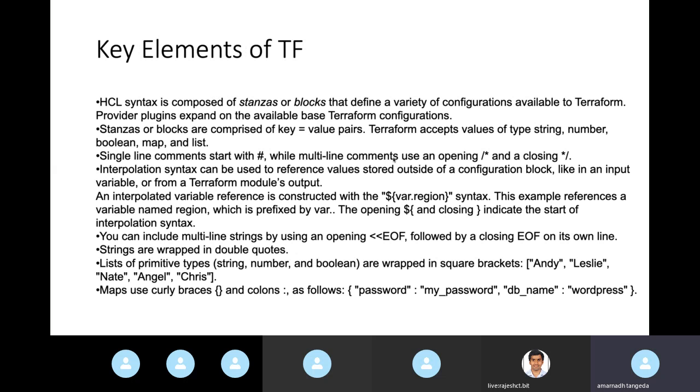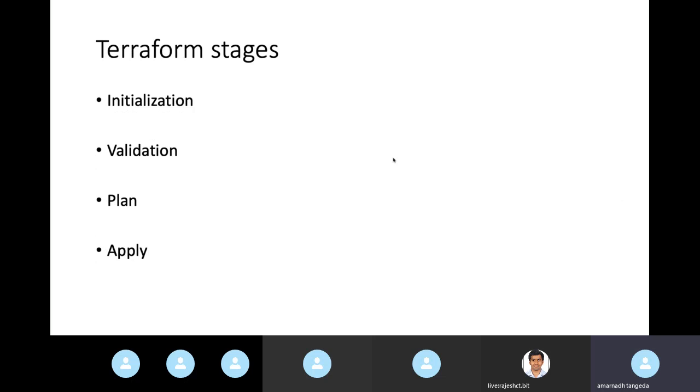This next point I can take a little bit later, because these are the rules that need to be followed when you write a Terraform script. So I'll take this a bit later so that you can understand better.